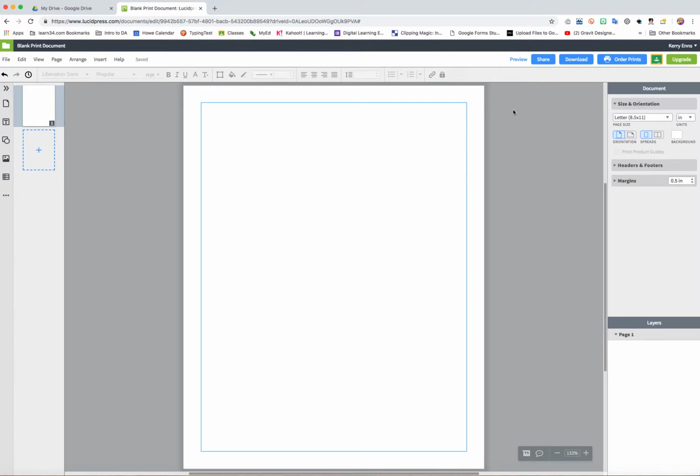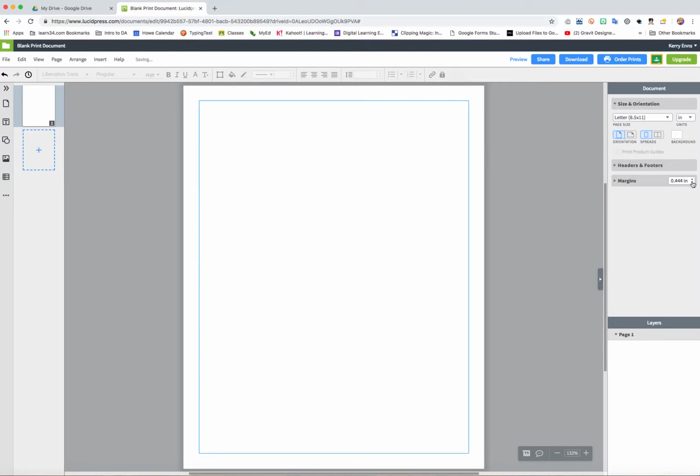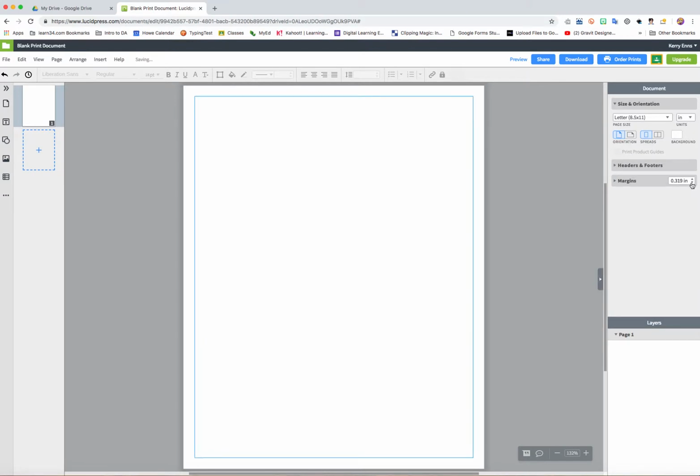The default, and you can see this on the side over here on the right, is a letter, and the margins are 0.5 of an inch. You can adjust the margins so that they are bigger or smaller if you like. That's your choice. So we have our tools on the left-hand side, and on the right-hand side is where the